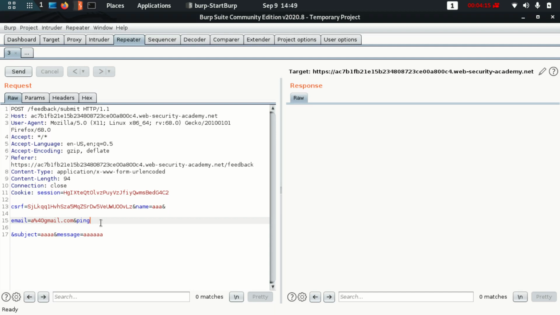See, if I type something now, it changes its color to black as it is not part of it now. So ping space is like plus -c plus 10 plus the loopback IP which we are providing. We can put anything malicious here. Then again I'll put and, make everything else normal, and I'll send this request.